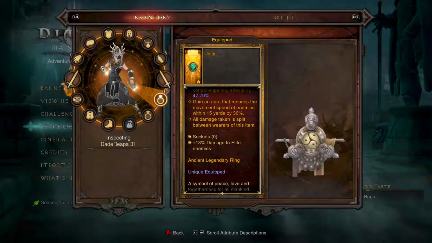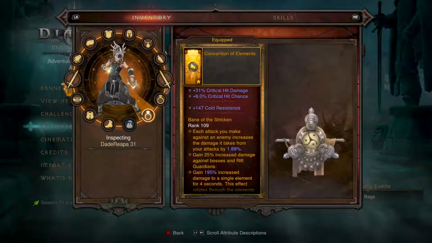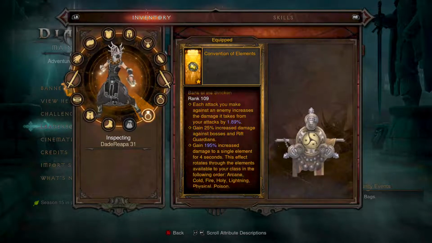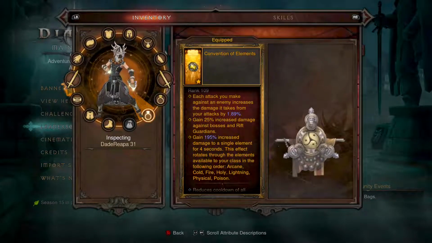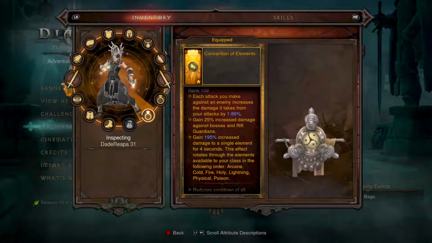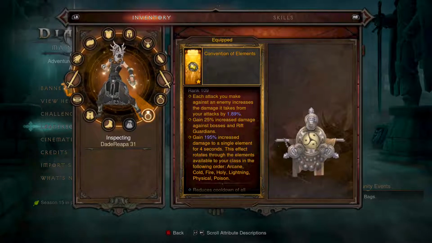13% damage to elite enemies. And then for your Convention of Elements, you'll have crit hit damage, crit hit chance, and have a Bane of the Stricken slotted. Each attack you make against an enemy increases the damage it takes from your attacks by 1.89%. Gain 25% increased damage against bosses and Rift Guardians. And for the Convention of Elements effect, gain 195% increased damage, which is at a max of 200, to a single